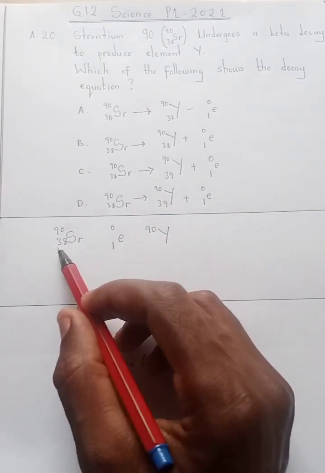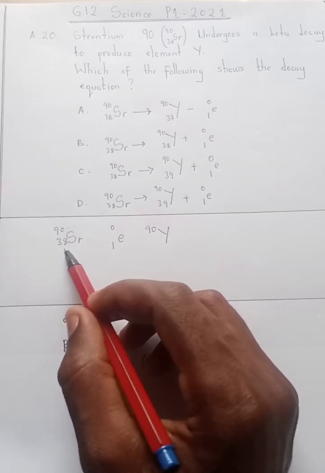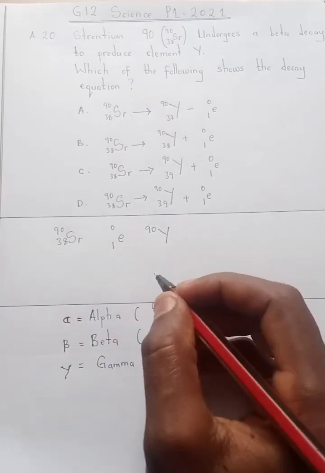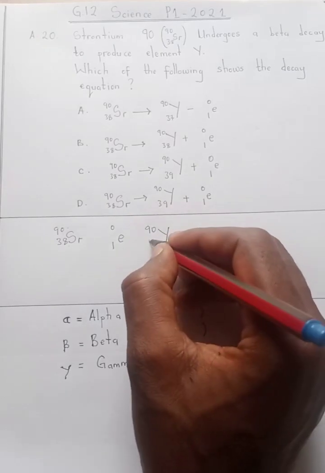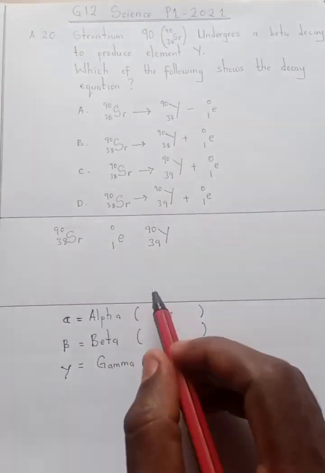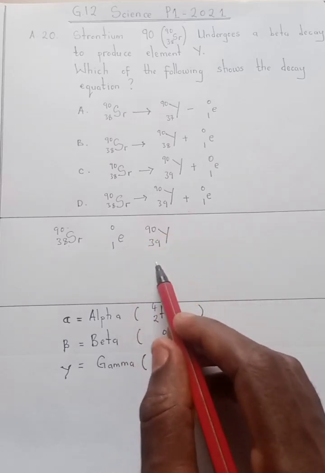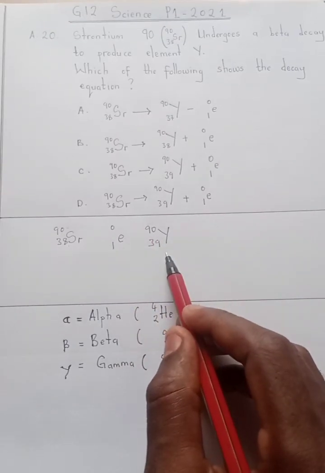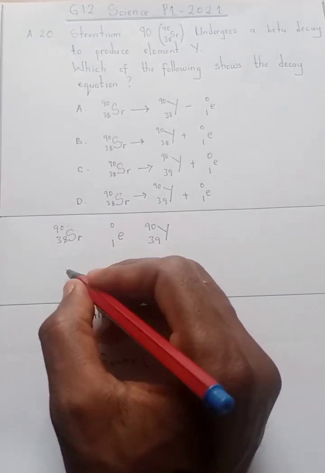Then the atomic number increases by 1. That's why we have 1 there. So it increases by 1. So element Y will look like this. Therefore, the full equation is